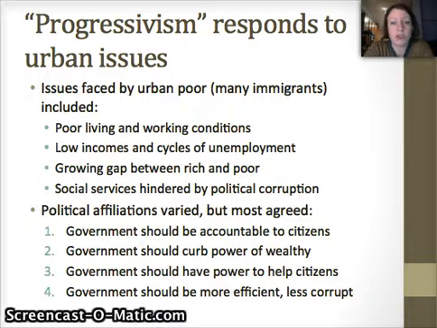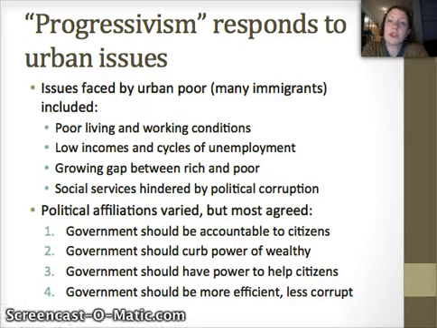The growing gap between the rich and the poor, which is one of the defining characteristics of the Gilded Age, and then social services that are being hindered by political corruption. So places where maybe the city of Chicago or the state of New York had some laws in place that were meant to help people, but that were getting held up by the deal-making, the political machines, the corruption between public officials, and maybe funds for those programs being siphoned off into contracts that are favoring a particular group, sort of like what we talked about in class earlier this week.